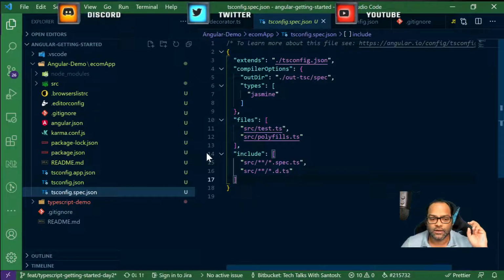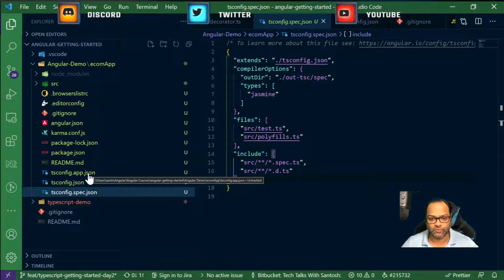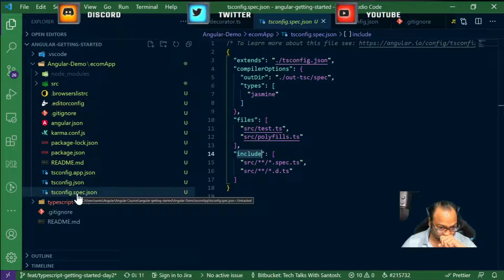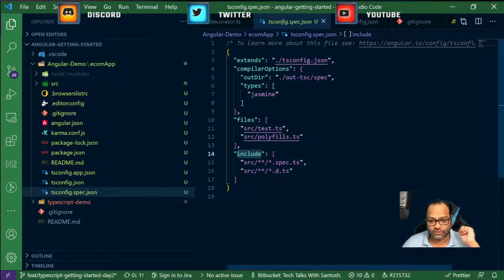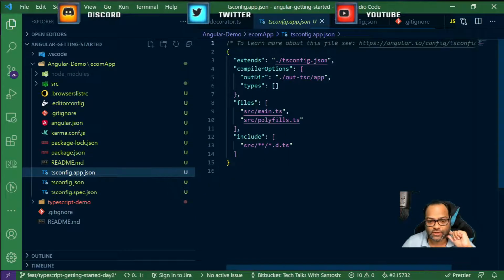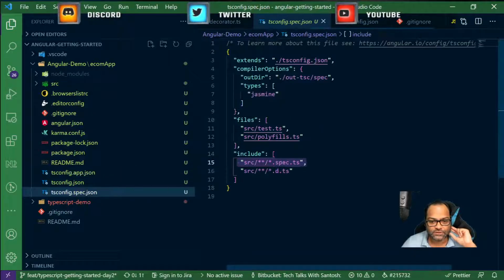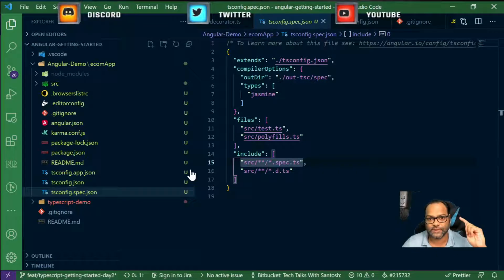So how can I identify what it will be used for? You can see the include property here. tsconfig.spec.json will be used for all the files which end with spec.ts, and tsconfig.app.json will just include main.ts and polyfills.d.ts.